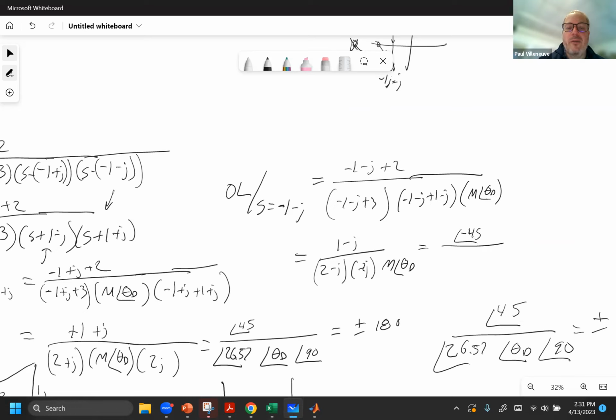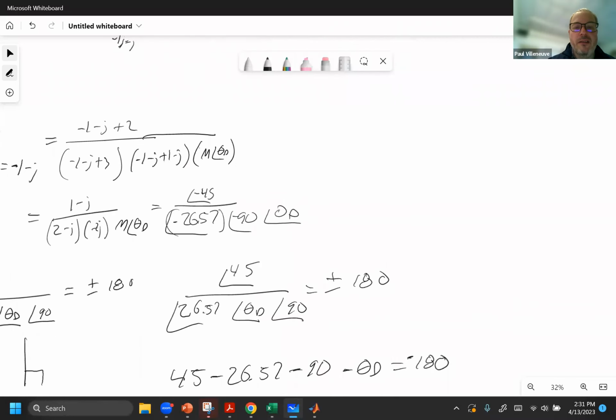This would be equal to minus 26.57. This is going to be equal to, or I can just put the angle, this is going to be equal to minus 90. And this is going to be equal to theta d. So now I have minus 45